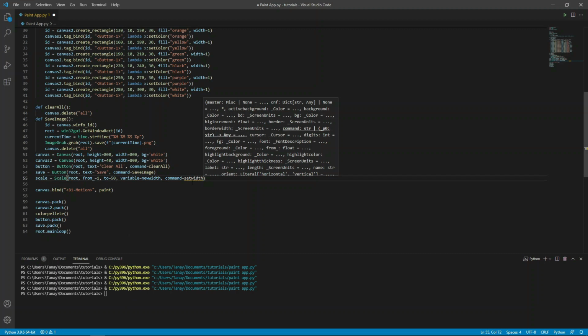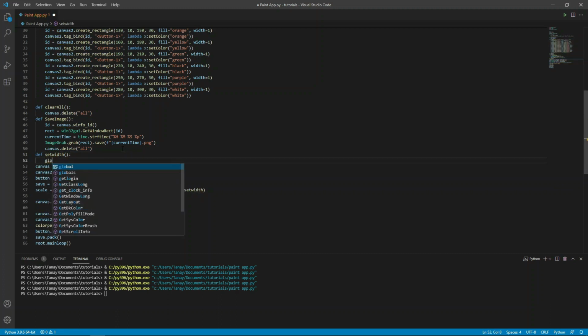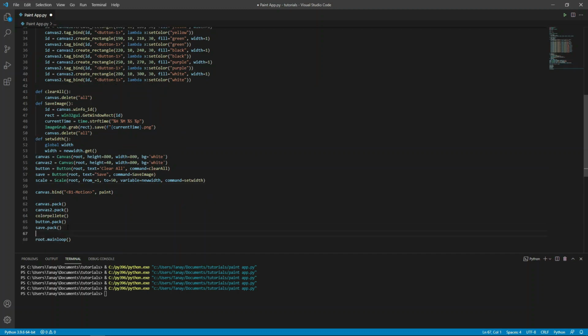Now we have to define this set width function. It will set width as new width's value. Def set width, global width and width equals to new width dot get and scale dot pack.